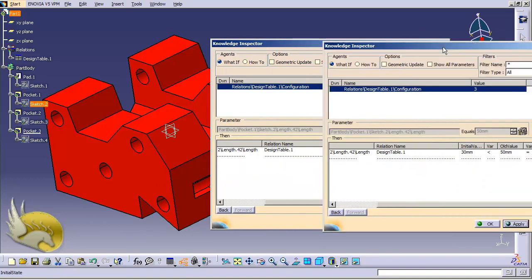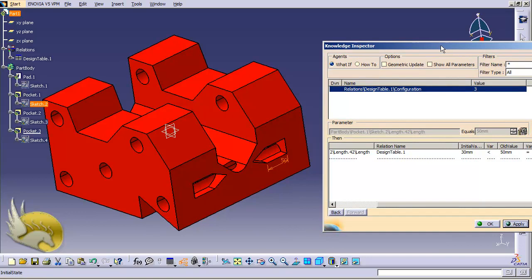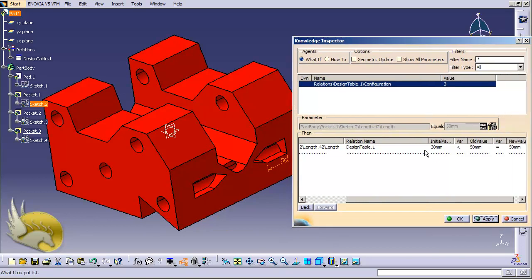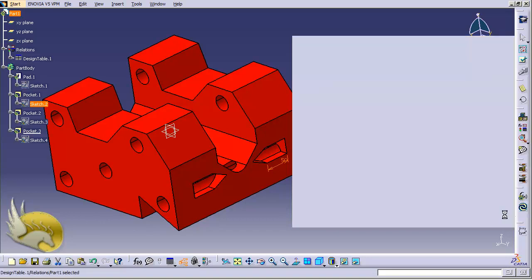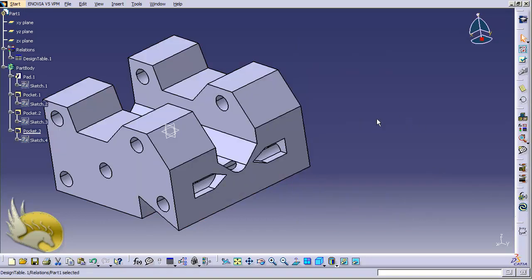If I apply these changes, you can see that the change can only be applied to my shape. Select this, click apply again. And of course, I can have different configurations like this. So the Knowledge Inspector tells you what is going to change after selecting some configuration. Now I'm going to create another design table,